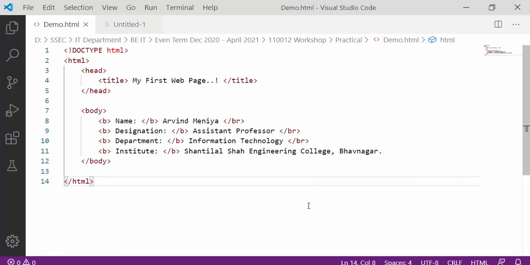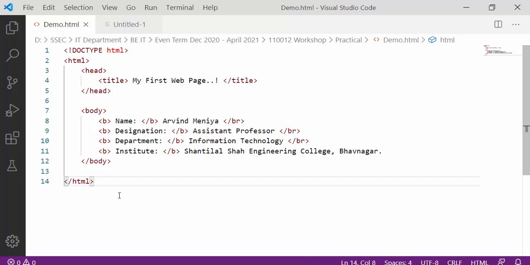So we have discussed the page structure of HTML. We have discussed that HTML is a purely tag based language. Okay, so in HTML you can see so many inbuilt tags. Each tag has its specific task. For any HTML page that you want to create, it will start from the HTML tag.